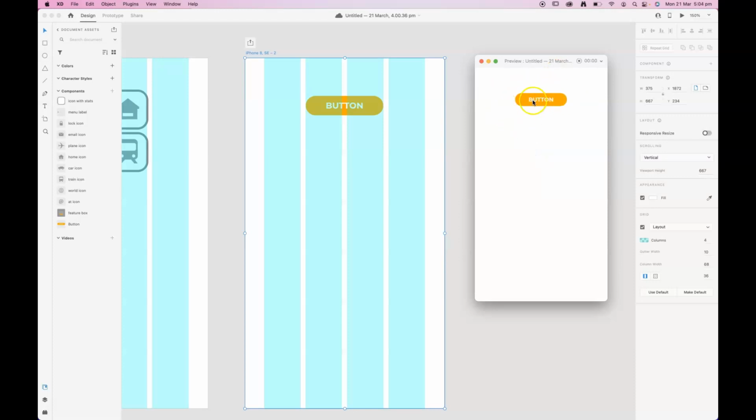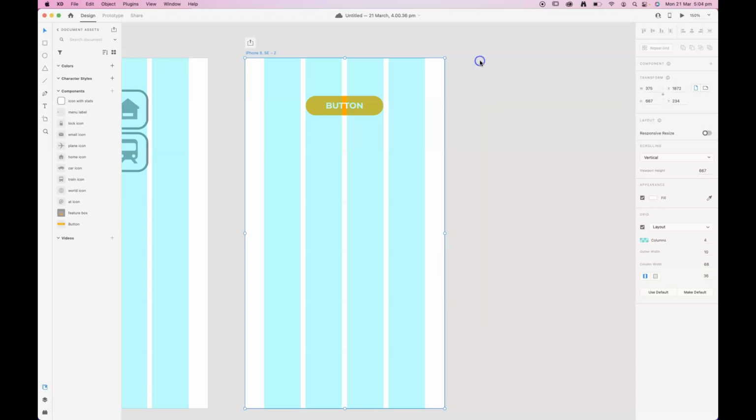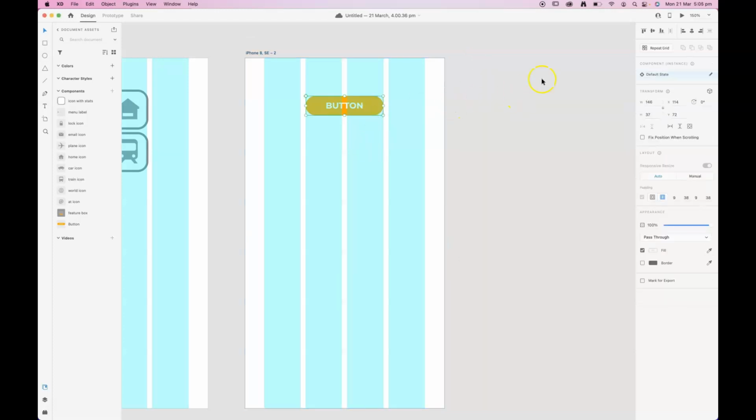Currently, nothing happens, but this is the size of our phone screen that we're working on. And when we add some new states to this button, we can see how it actually functions in the desktop preview window. So let's do that. Let's make a new state. I'm going to go over to the default state, and